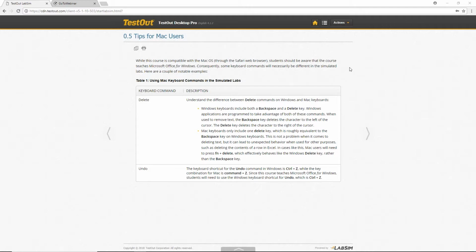Someone asked about integration with Canvas, some deep linking. And yes, we do integration with Canvas. I actually have on the line with us, his name's Ken Clark. He's with our implementation services at TestOut. And Ken, if you want to chime in and talk about some of the things that we can do with this,